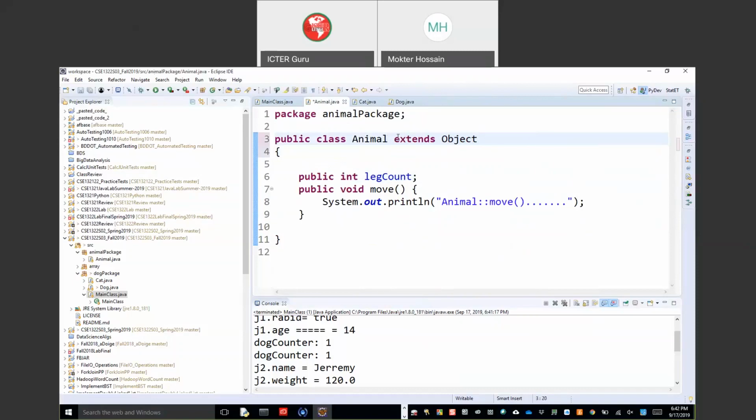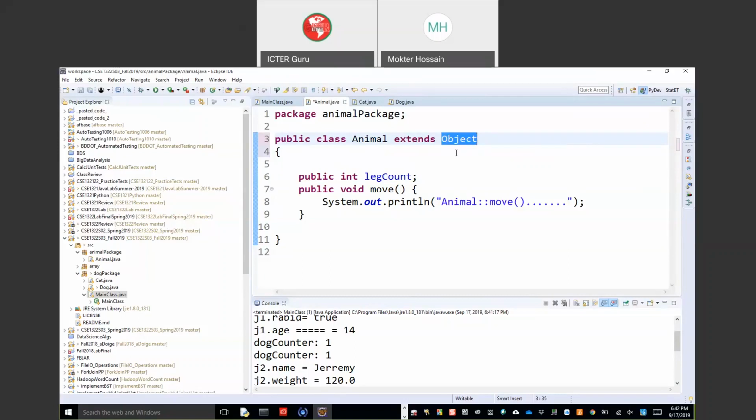We do not need to write this extension, but in C# and C++, instead of extends, we just use the colon sign. Before or after the colon, there will be a space. Even if we do not write this, my animal class will by default get the properties